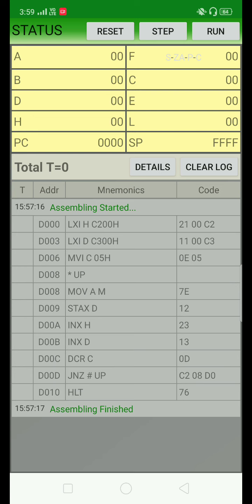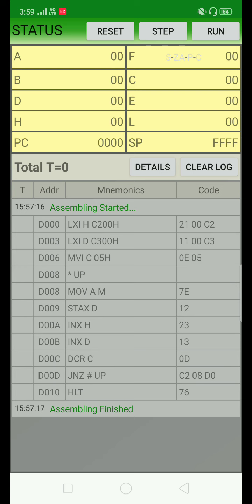That's why it is showing 08 first and then D0. That is, the lower byte is 08 and the higher byte is D0. So you get D008 in front of the JNZ instruction, and while decoding, the opcode C2 comes first, then the lower byte 08, and then the higher byte D0.